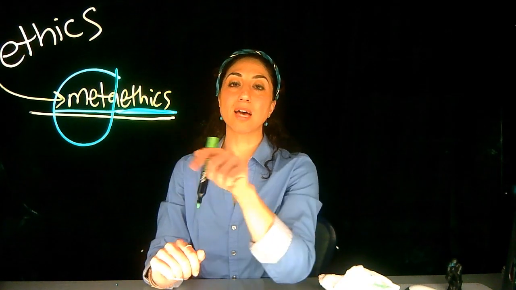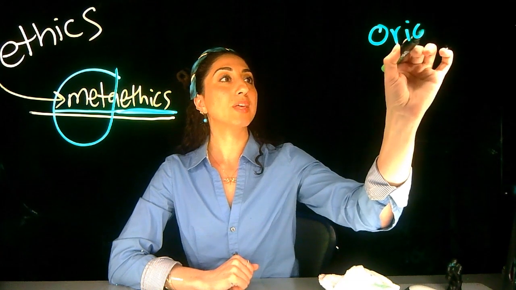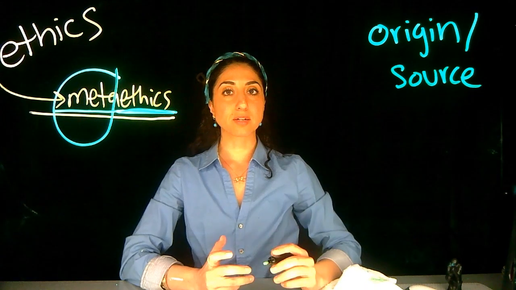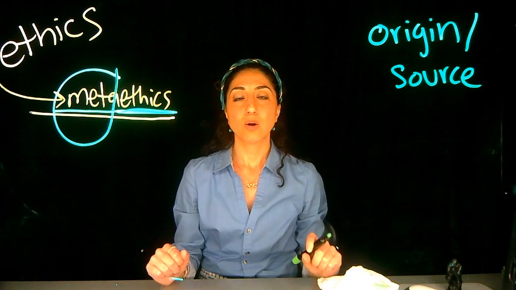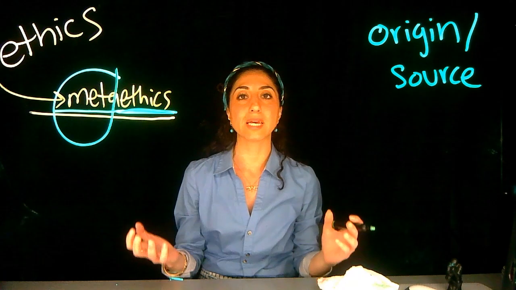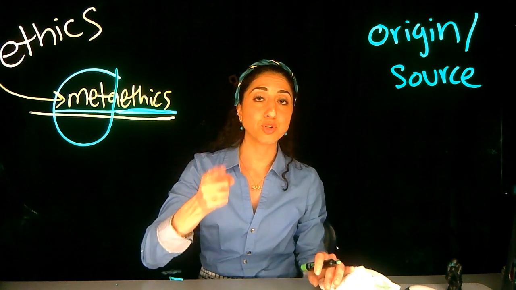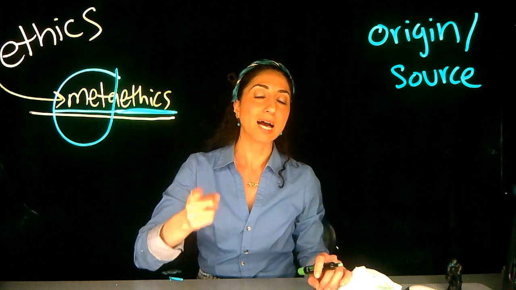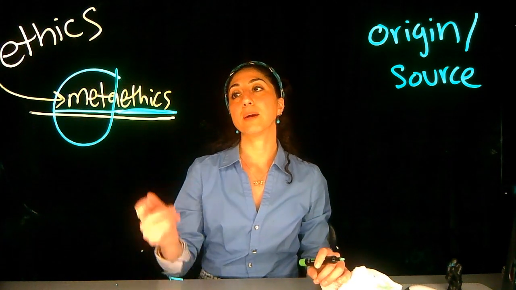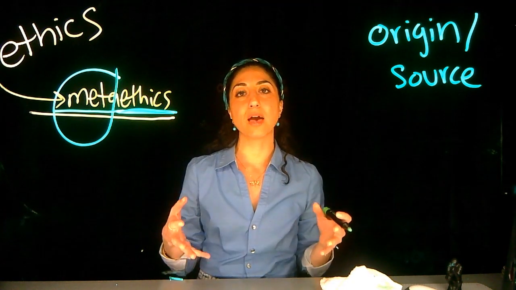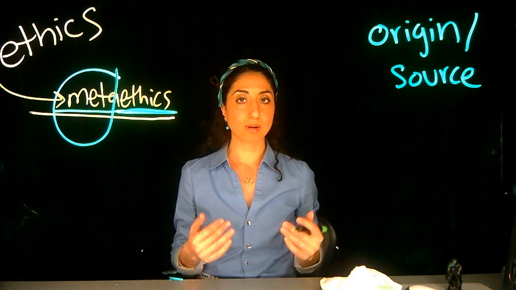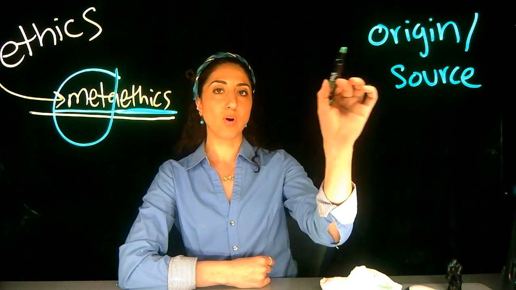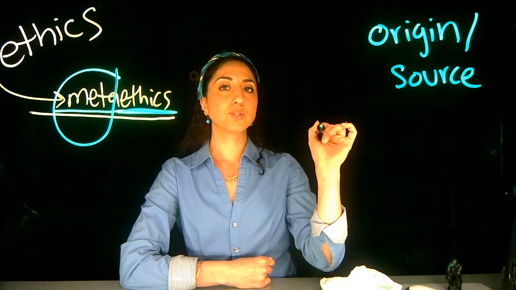When you're going beyond ethics, you're asking questions about the origin, in other words, the source of ethics. So think about what you're doing when you say that some action is morally obligatory. You have to do it. Or something is morally impermissible. You are not allowed to do it. Someone who's studying metaethics is going beyond those ethical claims and is asking background questions like, what's the origin of right and wrong? Or what's the source of what is right and wrong?